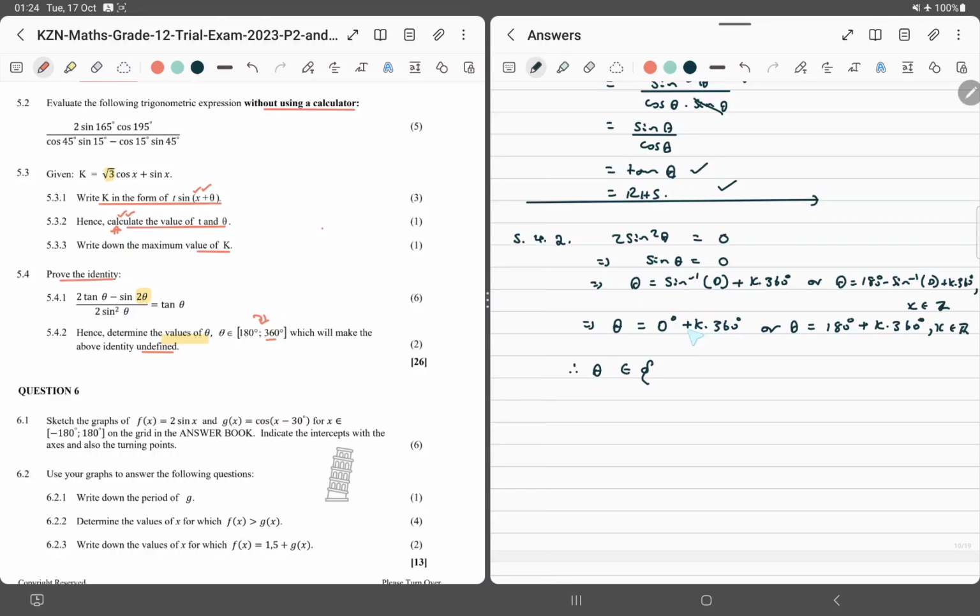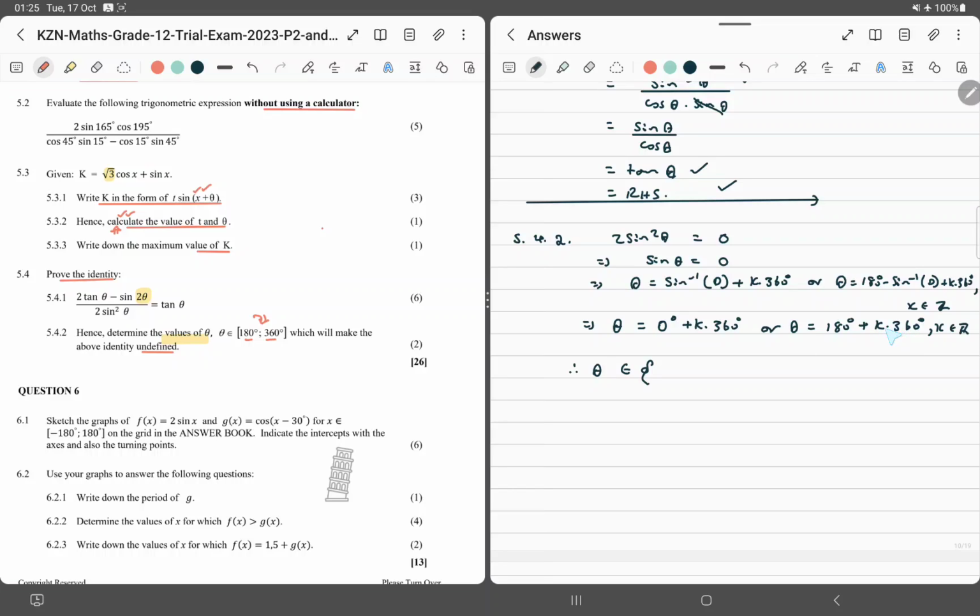But when k is 0, this is 0. But 0 is less than 180 degrees, so that one is out. So we only take 360 from this. Then on this one, k can be 0. It gives us 180. 180 is also part of the solutions. Not a problem. But now, when k is negative